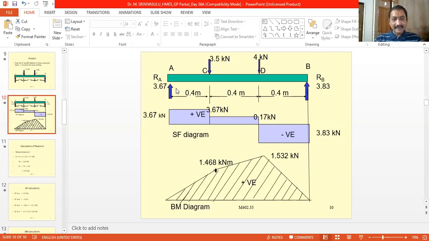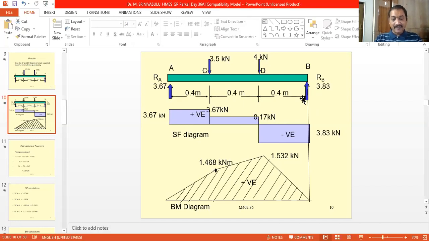But in case of the simply supported beam, we have a support reaction at the right side and also at the left side, at the ends. So if we take the right side, this is unknown, and if we take the left side, this is unknown. Therefore, we need to find out RA and RB, that is the support reactions, before drawing the diagram and finding out the values of the shear forces acting at the different points along the length of the beam.